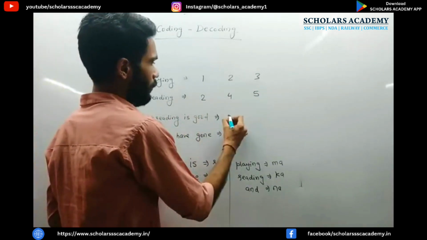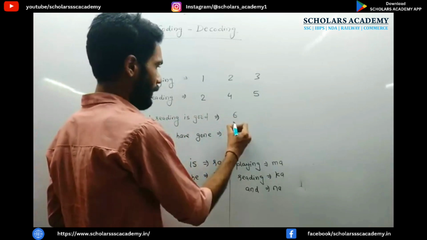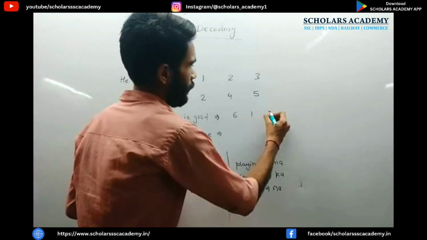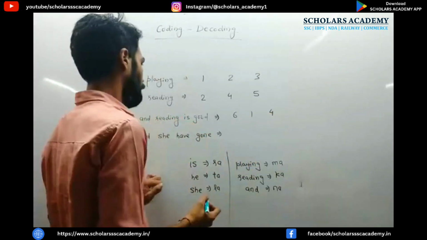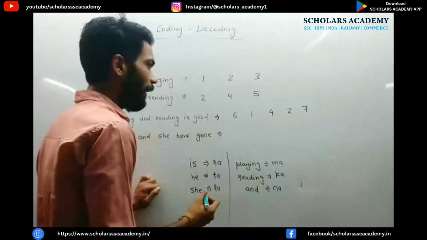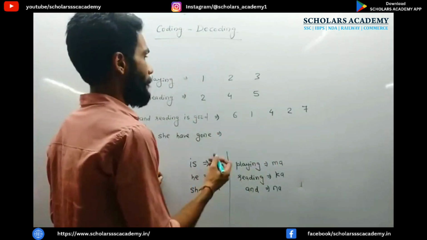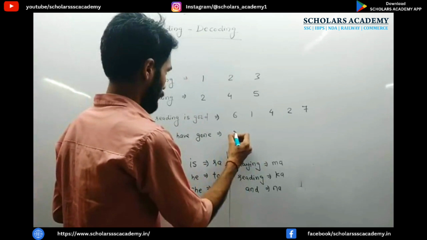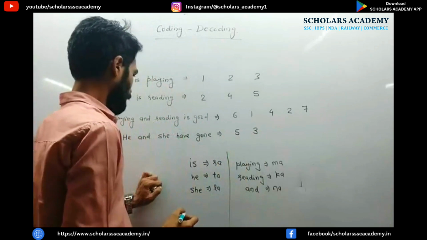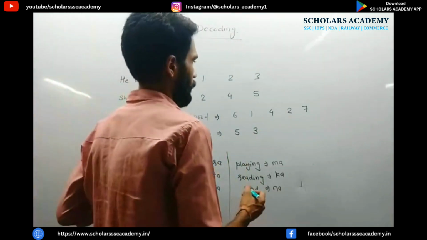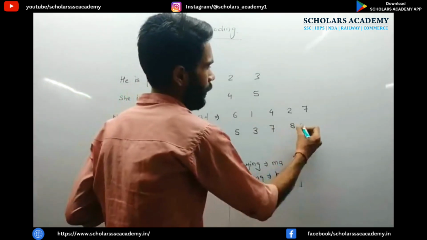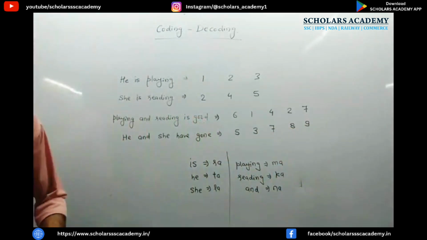6, 1, 4, 2, 7, and similarly 5, 3, 7, 8, 9. And now again, you need to find the code for,